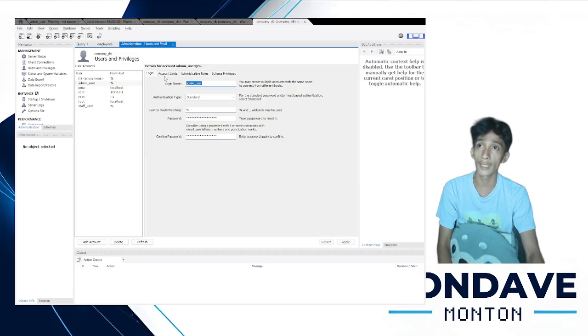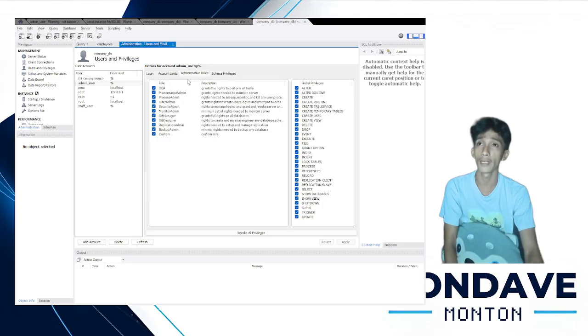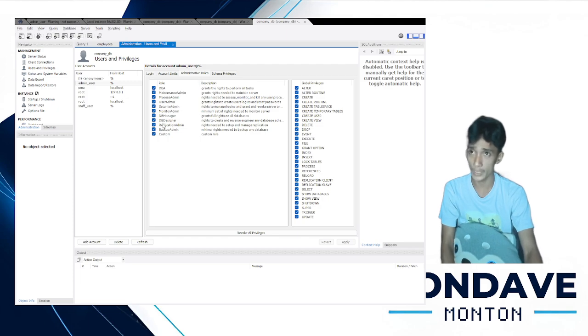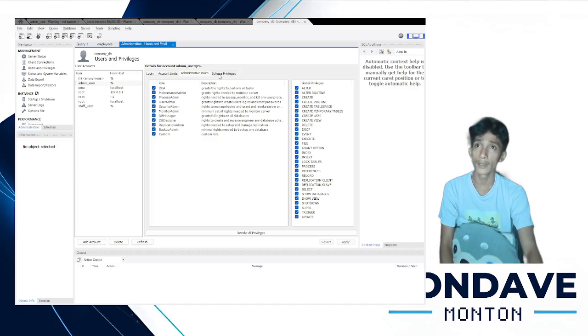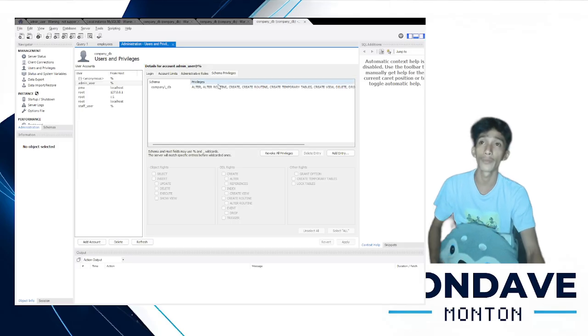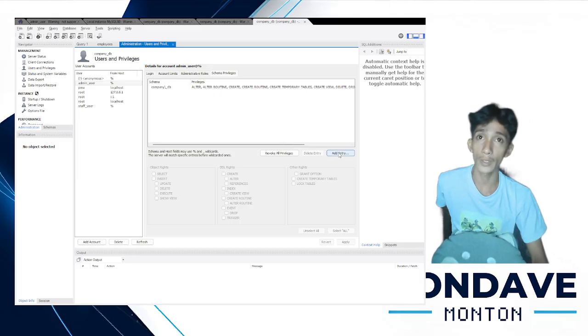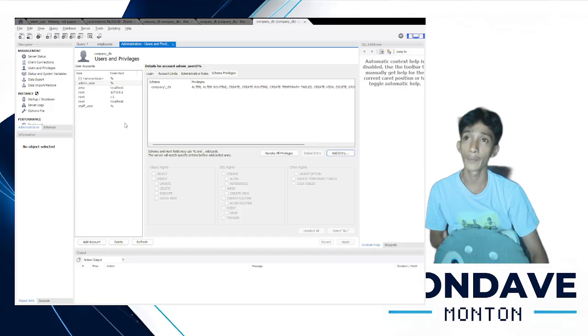Next would be the account limit, and then the administrative role, where you should click all the boxes, because the admin should have all privileges. Now for the schema privilege, you have to add an entry, and this GUI will be prompted.